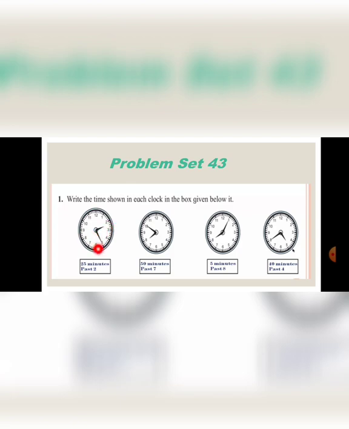So now the first clock shows the time: the hours hand is on 2 and the minutes hand is on 5. So if we count in the 12-hour clock, we consider the gaps between all the numbers to be 5 minutes. So if it is 1, we start with 5, 10, 15, 20 and 25. So we write the time as 25 minutes past 2. Then the second clock shows the hours hand on 8 and the minute hand on 10. So the answer is 15 minutes past 7.